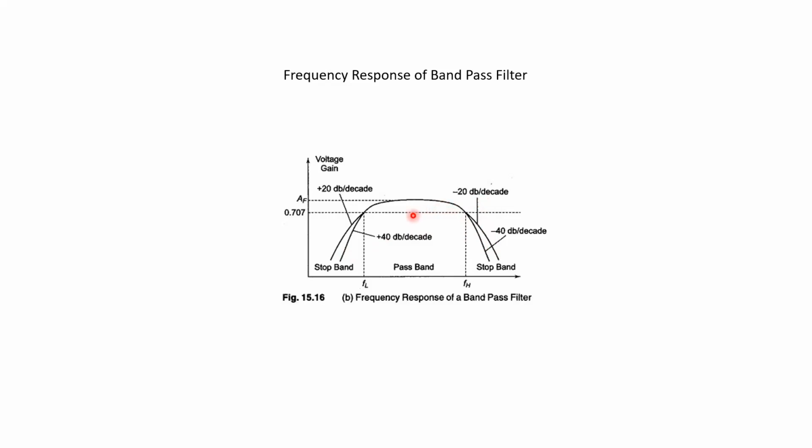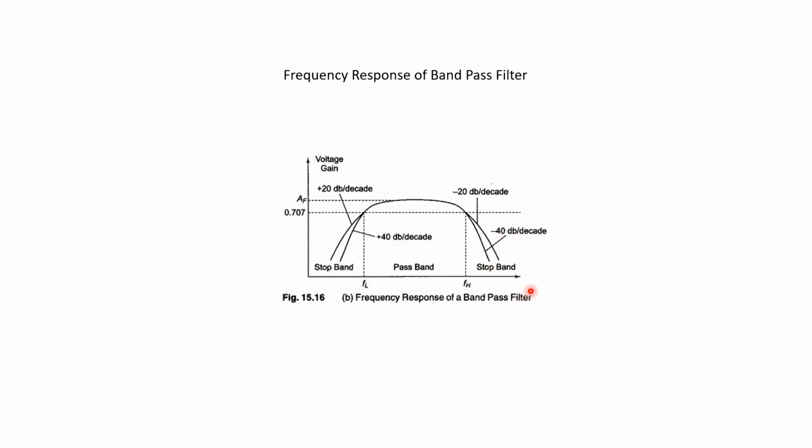Fine. So here you can note that in the case of a band pass filter, whenever the frequency is too high or too low, the signal will not pass through the filter, and the gain offered by the filter will be very small. You can also see here it is written as the stop band. The stop band means that in this region of frequency the signal is not passing through the filter, or otherwise you can say the signal is attenuating a lot. Similarly, if the frequency is very high, again it will be attenuating in this part.